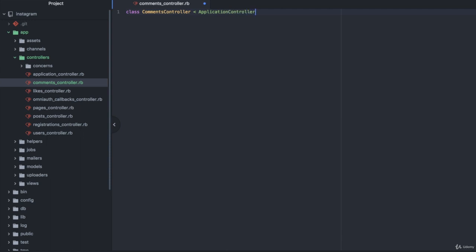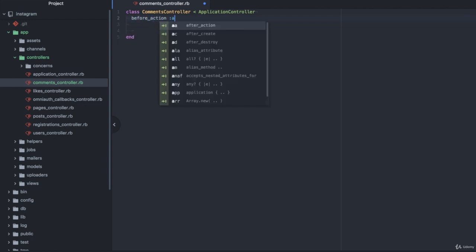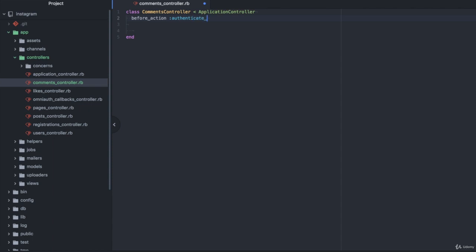< ApplicationController, and before_action :authenticate_user, and we have index. Comments: we get all comments for a post,